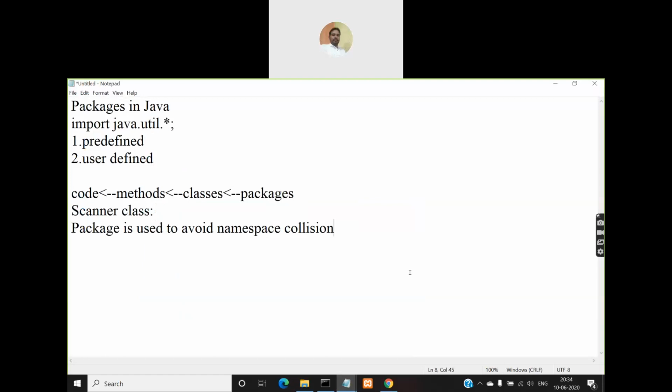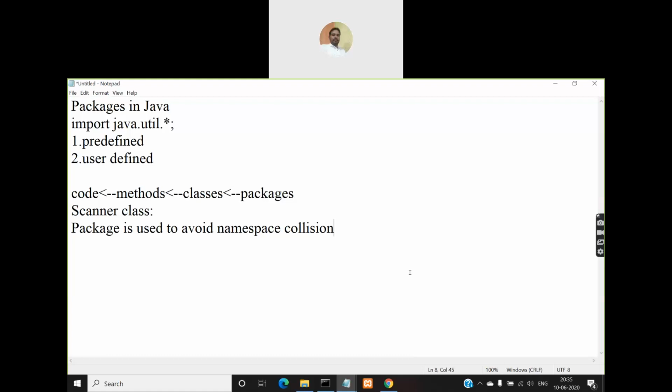So when you create multiple .java files, and in those multiple .java files you have multiple classes with the same name, then there will be a namespace collision when you compile the program. Your compiler will not be able to create the dot class files for those multiple classes. So you'll have a dot class file generated only for one class, and the other class it will not be able to save. So that's the reason why we create a folder and put one file in this folder, and we create one more folder and put another file in that folder. So that will be possible.